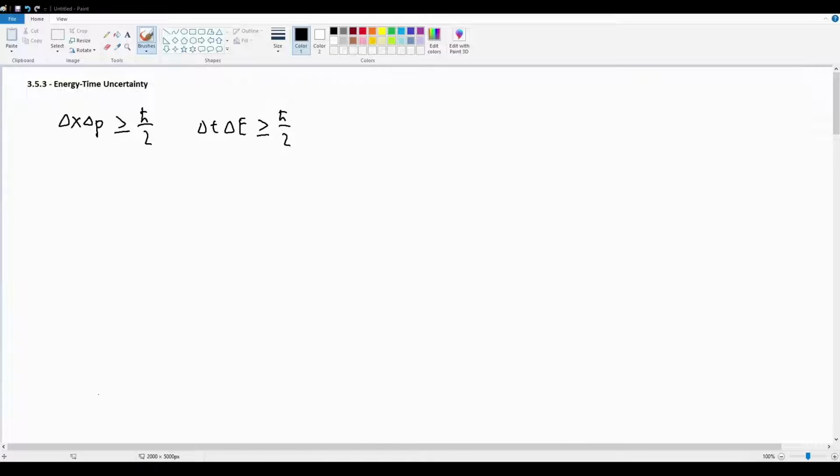Okay, so 3.5.3 is going to introduce this complement to position-momentum uncertainty, where in the same way that delta x and delta p multiplied is always going to be greater than or equal to h bar over 2, we have a complementary equation here where delta t times delta E is always greater than or equal to h bar over 2. And immediately, assuming that you've taken the canonical order of upper division physics classes, then you should recognize that